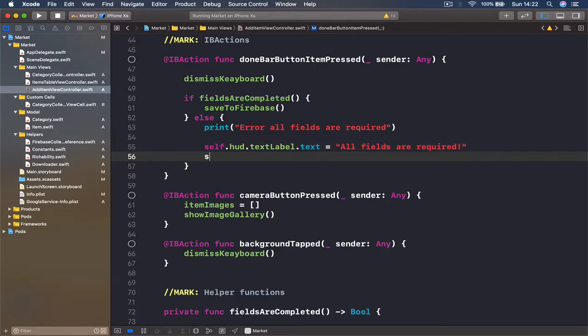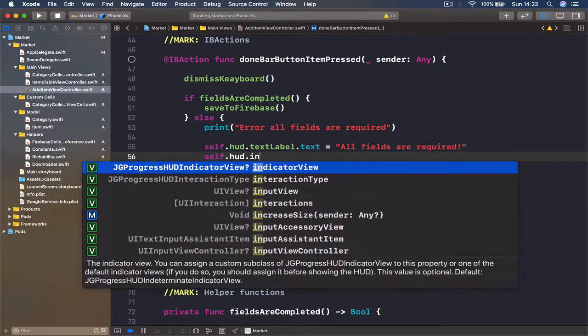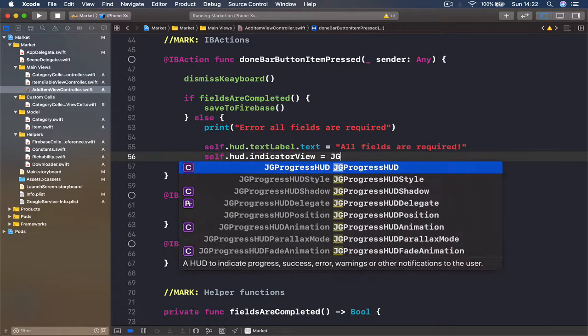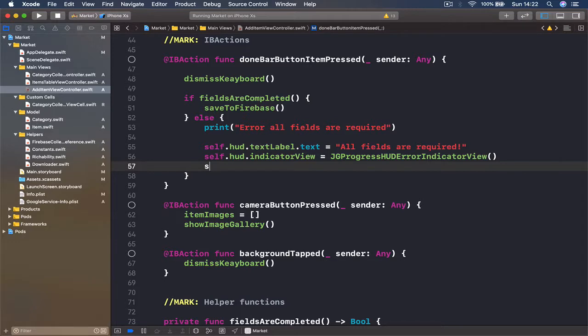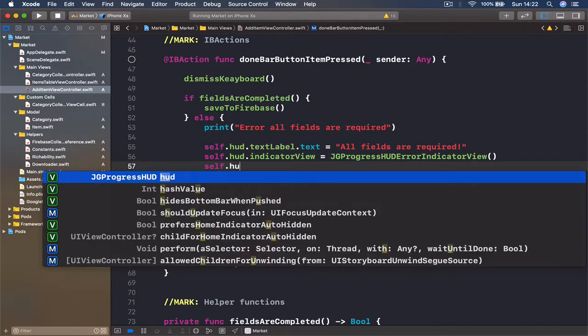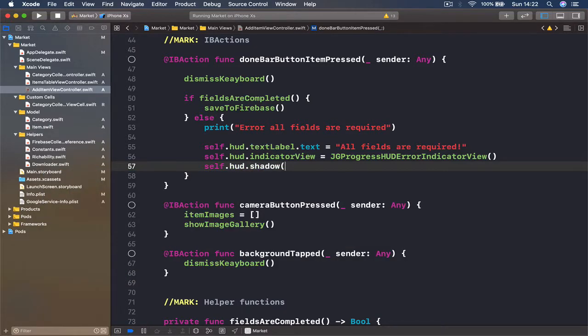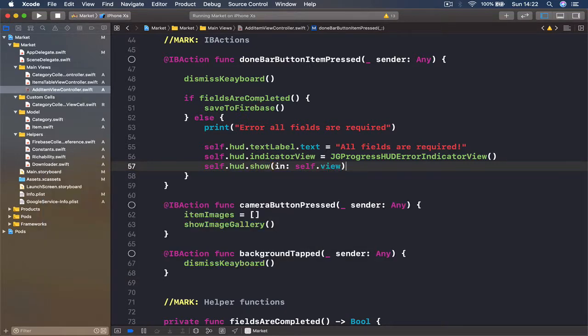And then we say self.AGT.indicator view is going to be equal to JG progress AGT error indicator view, because we are going to show an error. And we say self.AGT.show, and we're going to show in view, and the view is going to be self.view because we want to show it in our current view,